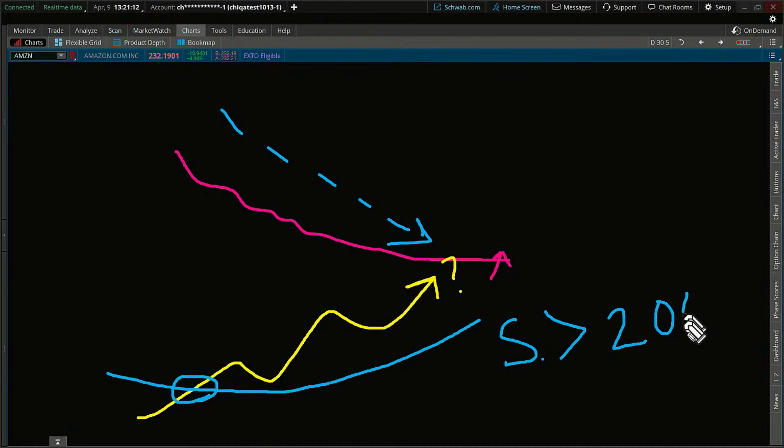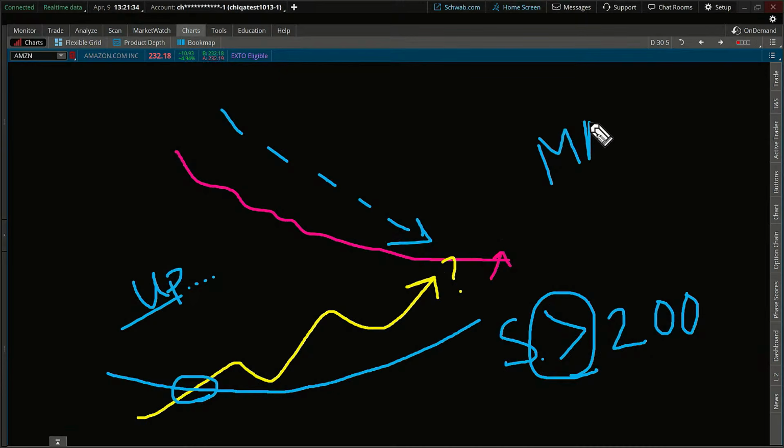There's no crossover here at all. It's simply just a greater than sign, just greater than 200-day, because there's no crossing over here. On these momentums, when we're talking about upward moves, we're talking about continuation of strength to the upside, aren't we? So I might flip my moving average into something that more closely resembles an upward trend, so I can capture this area right there, and that might be a 20-period moving average crossover, price jumping above the 20.